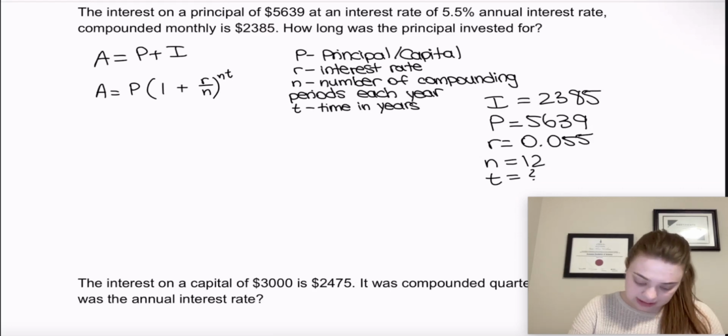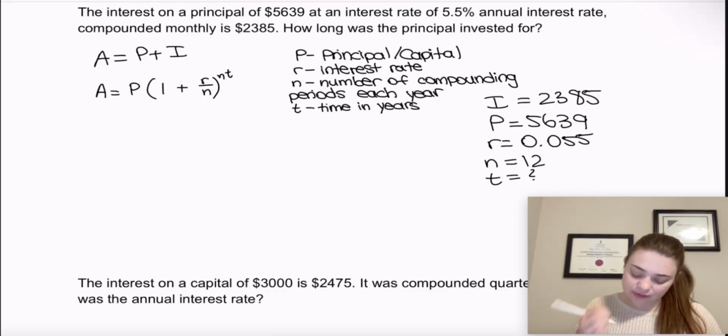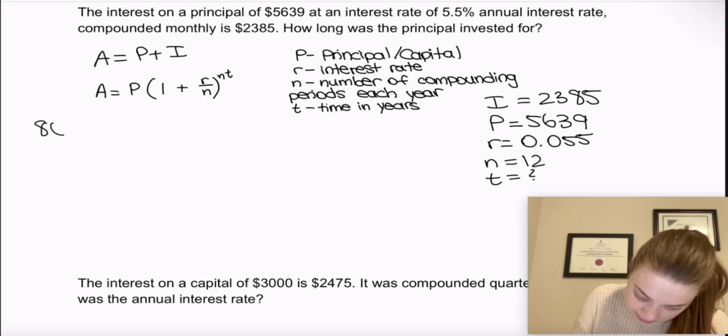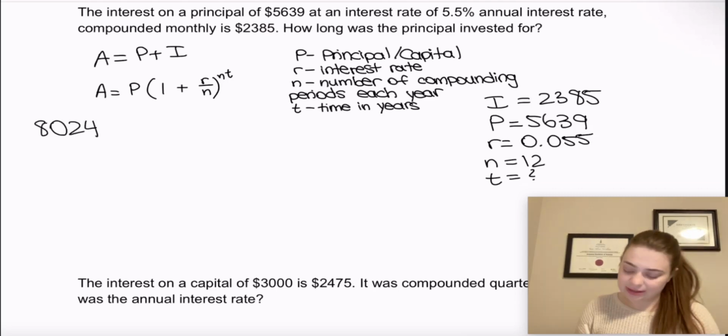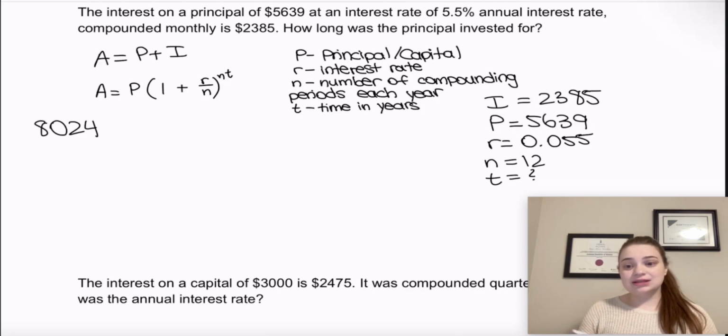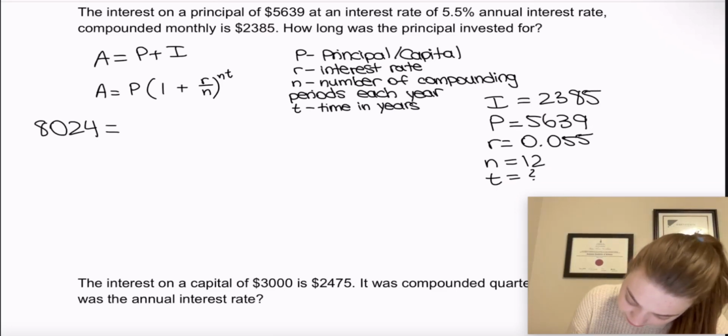So principal plus interest, which is our total amount, $5,639 plus the interest is $2,385. So therefore, the total amount is $8,024, right? Because $2,385 of that is the interest. The rest, the $5,639, is the principal. And that is equal to the principal, $5,639,